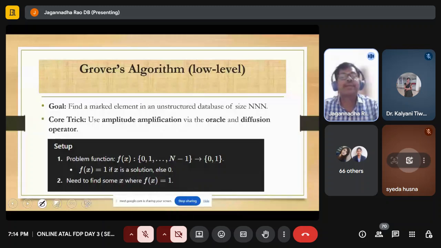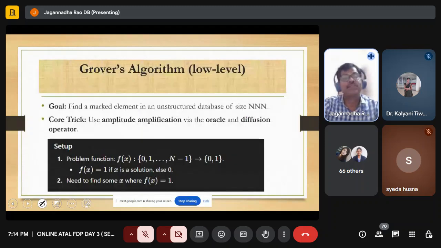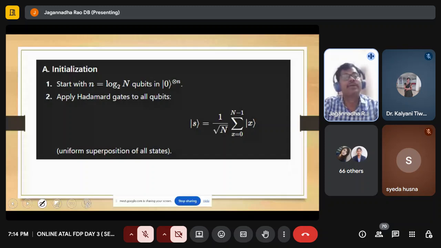So you need to find the problem with function f of x, where x ranges from 0 to n minus 1. f of x is 1 if x is a solution. So whenever you get a solution, it is true; otherwise, it is false. You need to find some x where f of x equals 1. Until f of x equals 1, you keep searching for the x value. You can change the x value. So here we start with n equal to log n base 2 qubits